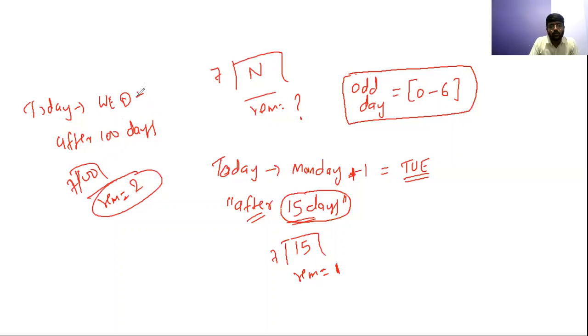So just add 2 to your Wednesday. If you add 2 to Wednesday, the answer will be Thursday and then Friday. So the answer is Friday. You should know how to add. Let's suppose Wednesday is given; how to add 2 to this Wednesday? If you add 1, it will be Thursday. If you add 1 again, it will be Friday. In this way you need to add. So Friday is your answer.